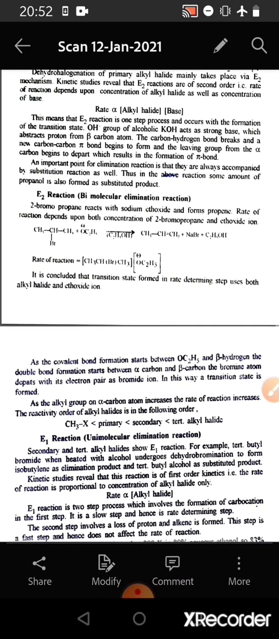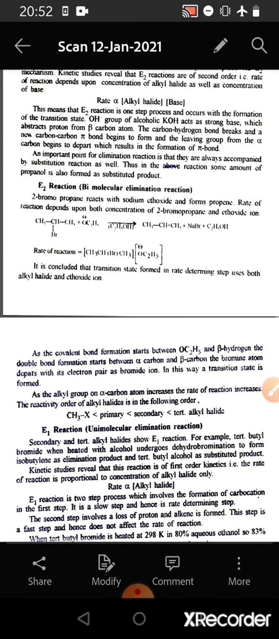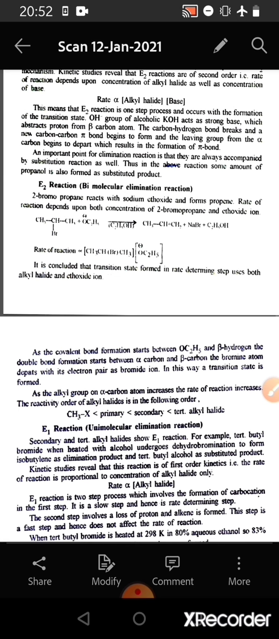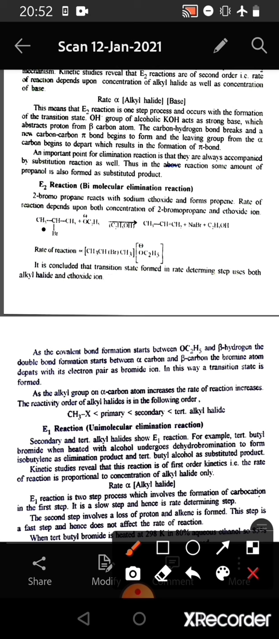2-bromopropane reacts with sodium ethoxide and forms propene. The rate of the reaction depends upon both the concentration of the 2-bromopropane and the ethoxide ion. So we see that 2-bromopropane reacts with ethoxide ion in the presence of alcoholic KOH and propene results, and this